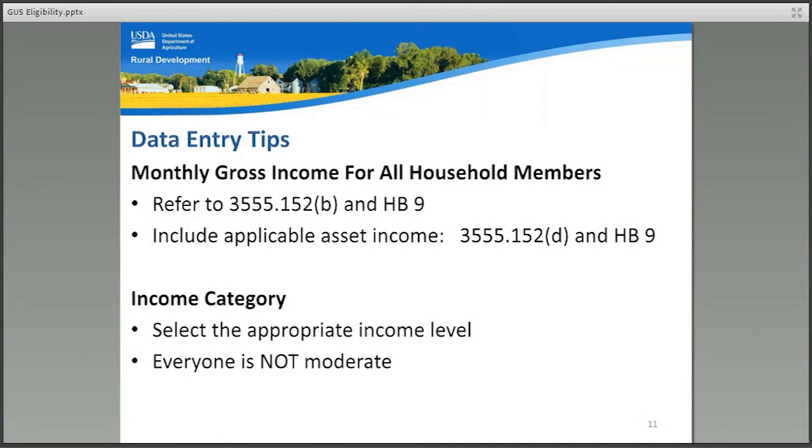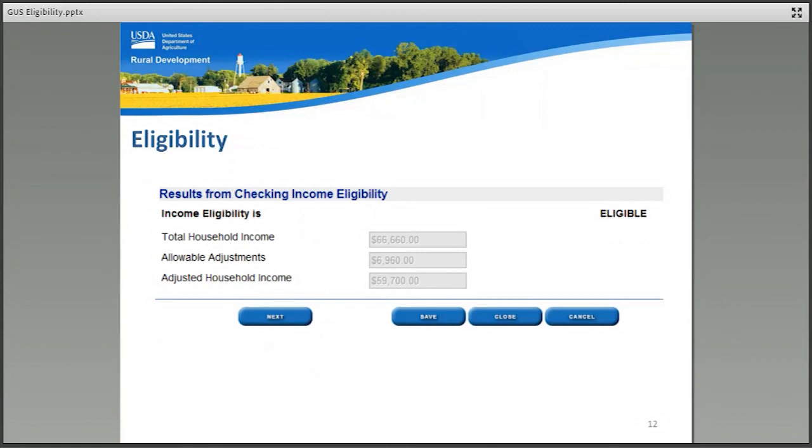When completing the income category, please select the appropriate option. A household that earns $23,000 per year, located in a county with a 1 to 4 household member adjusted annual income threshold of $75,000 is not a moderate income applicant. USDA relies upon prudent data entry to assist the agency in determining the population served, as well as portfolio management. So please make an intentional selection for this data field.